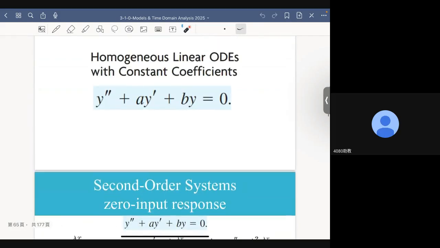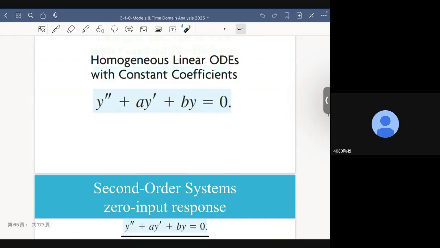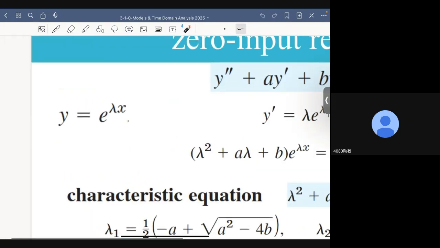So in the course of engineering mathematics, how do we find y? How do we solve this equation to determine what y should be? Please remember the first step of the solution procedure is always this particular assumption. We assume the zero input response, or the homogeneous solution, for this ordinary differential equation can be represented as e